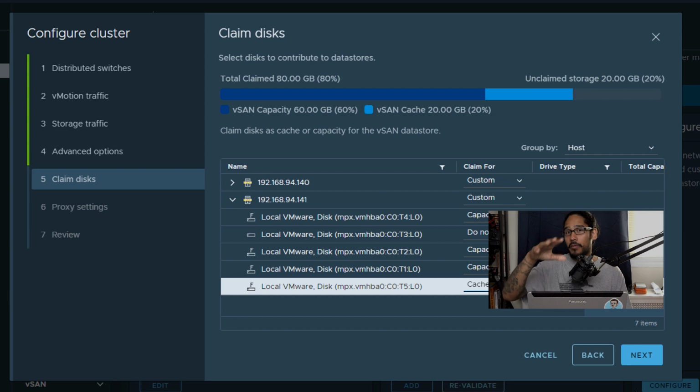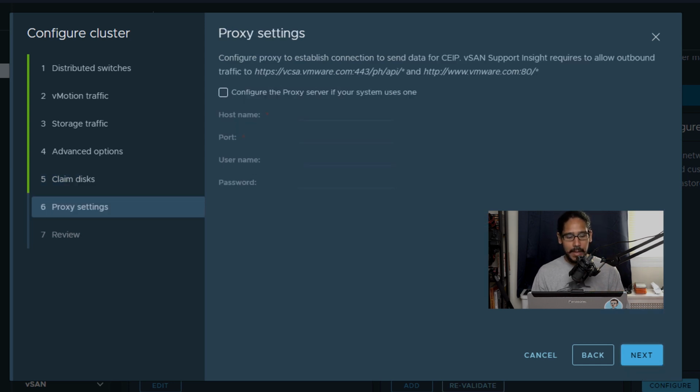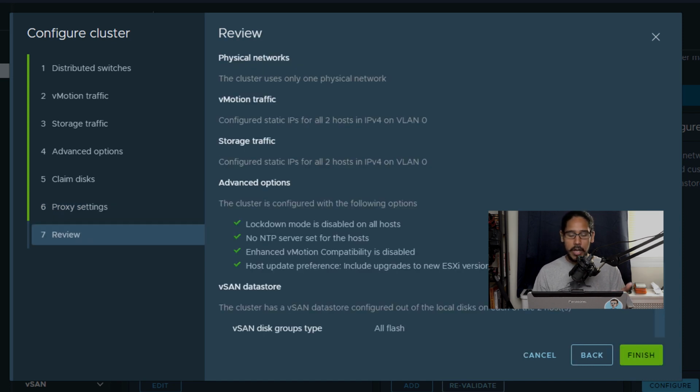You could correct me if I'm wrong at the bottom in the comment section, but I believe each hypervisor should have at least 1 cache tier and the rest you are able to claim as a capacity tier. Once you do all that stuff, click next. If you have any proxy settings to configure here. I didn't have any, so I just click next here. You have a nice review and then click on finish.